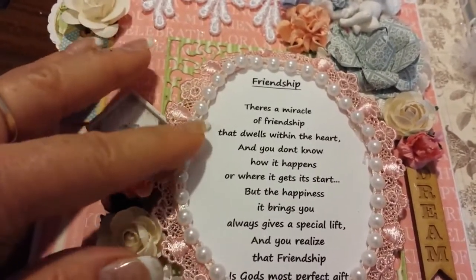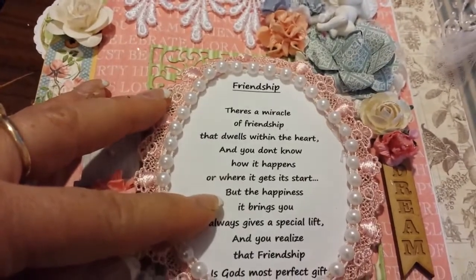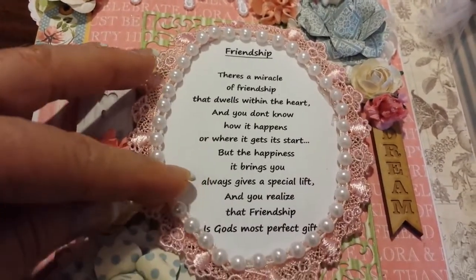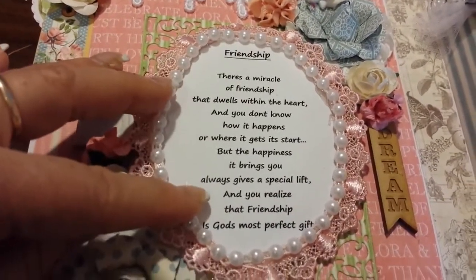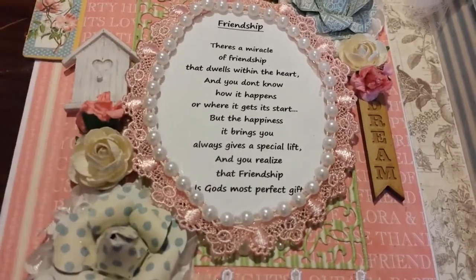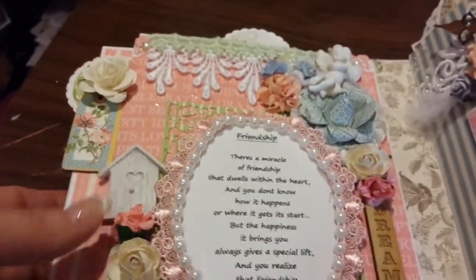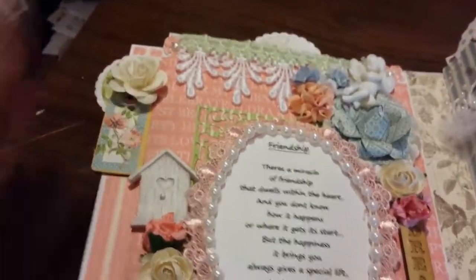There is a miracle of friendship that dwells within the heart, and you don't know how it happens or where it gets its start, but the happiness it brings you always gives a special lift, and you realize that friendship is God's most perfect gift. And I thought that was a beautiful, beautiful sentiment to go at the beginning of an album that is to